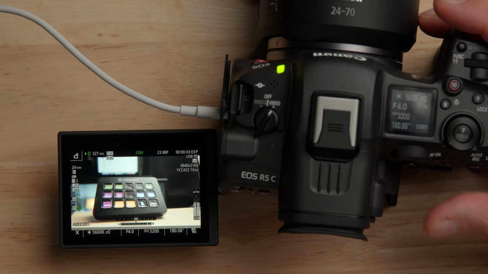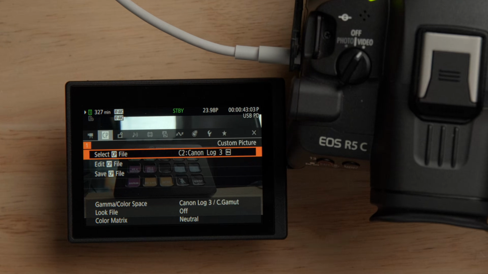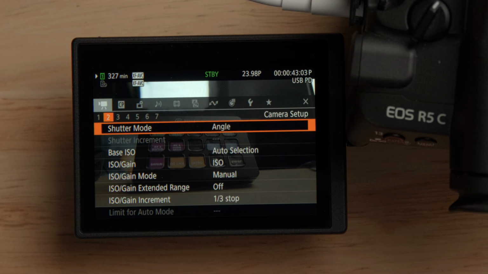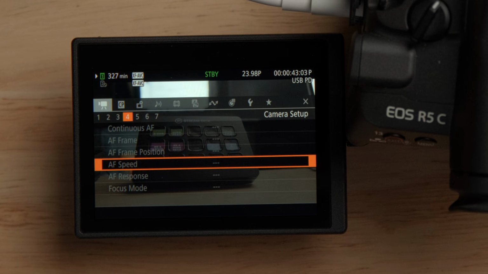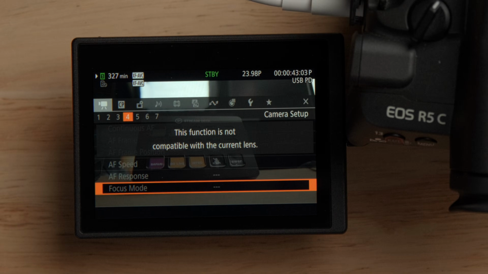So this number 7 will be a combination of different tools, and you can use the focus guide for general points, but you can also use face detect with focus guide. So I'm gonna show you how to do that. So first of all, if you are using a lens that has an autofocus, manual focus switch, make sure you set it to manual focus. If you don't have that, you can go into the menu and you can go to the autofocus settings on page 4 and go to focus mode and change it to manual focus there if your lens does not have a switch on it, but it says it's not compatible with this lens because it knows it has a switch